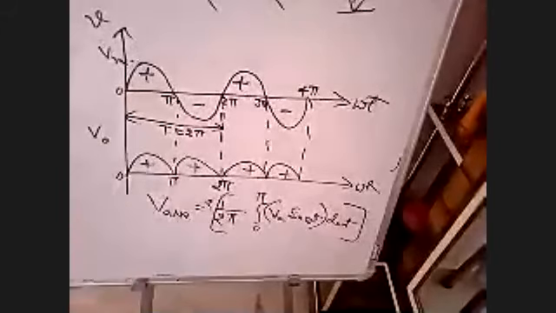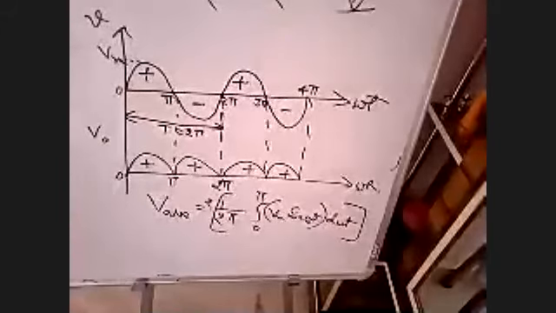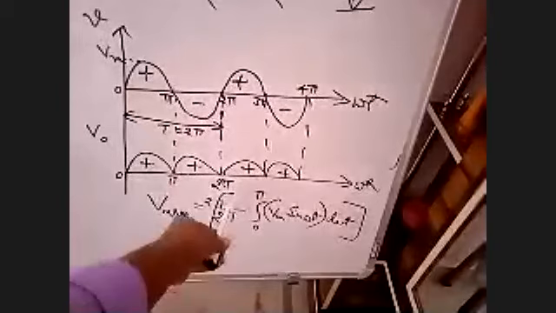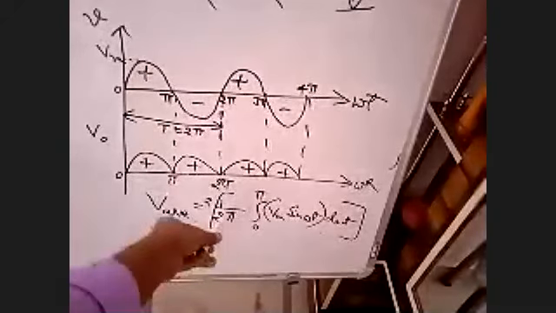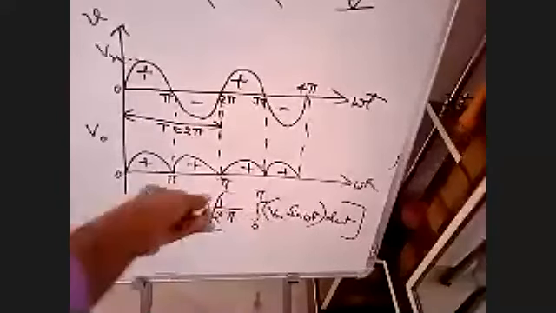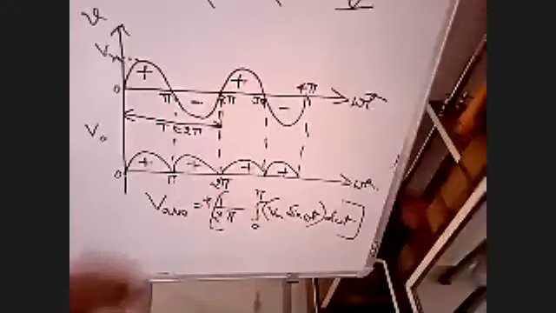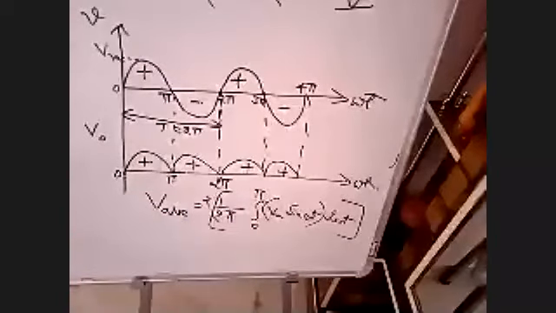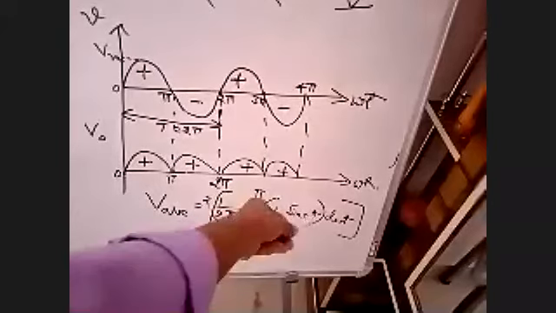See, in your derivation in this class only, you have derived the average value today. What have you got here? 1 by 2 pi, 1 by the total time period of one cycle, integral of 0 to the conducting period. Conduction is up to 0 to 2 pi, but I am taking only pi, multiplying with 2. Instantaneous value is Vm sin omega t, d omega t. What is the value you have got? Just now we have derived.